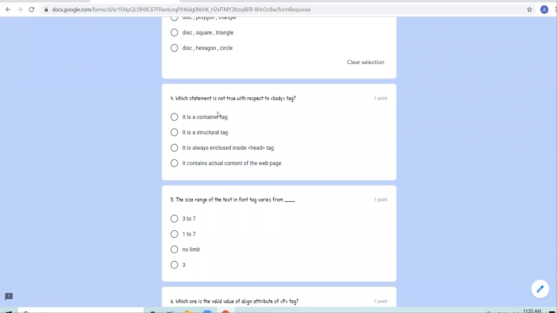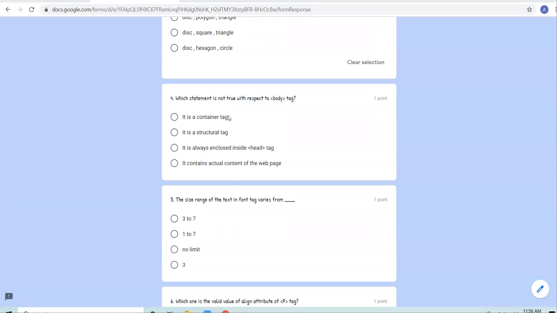Then, which statement is not true with respect to body tag? Not true means the statement which is false. The statement which is false. Kitanshu, where you are moving? All right.